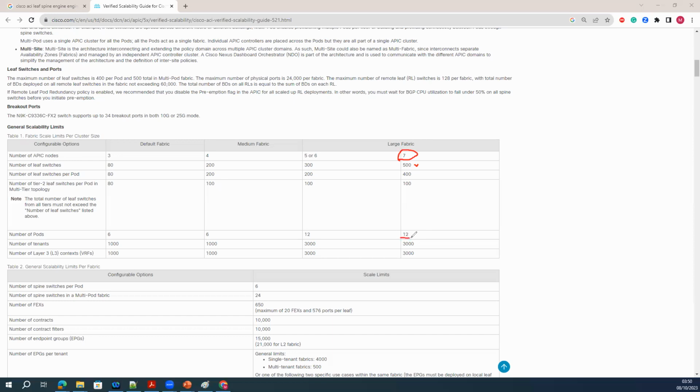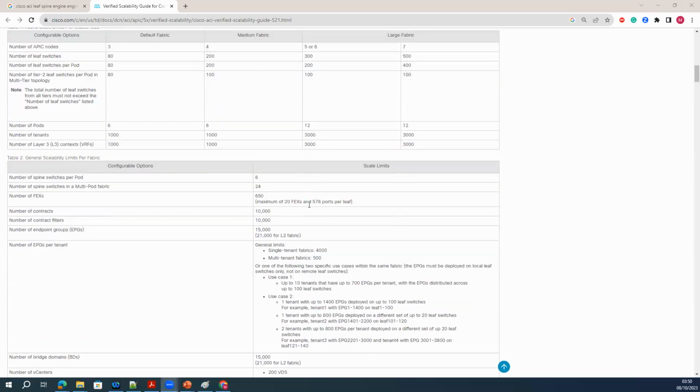Okay, and a maximum of 12 data centers can be controlled via the 7 APIC nodes. Sorry, with the term pod, do we understand it's one data center? One data center, yes. Okay. One DC. Pod 1, suppose you have two data centers, one DC in Bombay and one in Hyderabad, right? We call that pod 1, pod 2. And this is for the multi-pod technology.